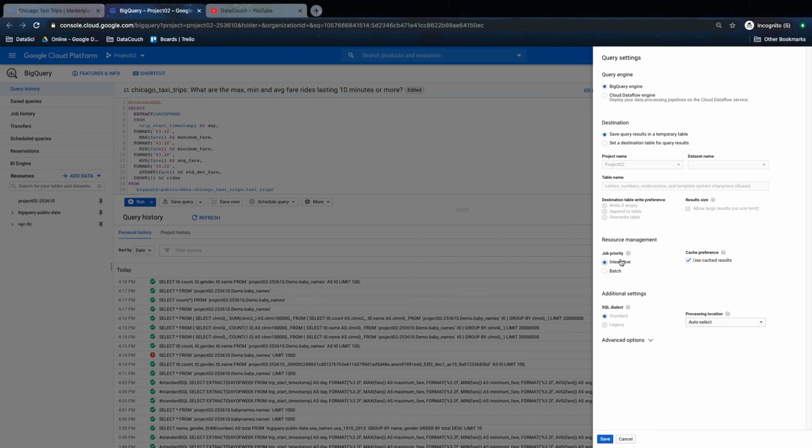But usually it is executed in minutes. You will never see that the query has taken 24 hours to execute. But in case you want to avoid paying more, or you want to avoid paying for the concurrent query quota, so specifically that part, then you can choose batch. But I will be using interactive here.